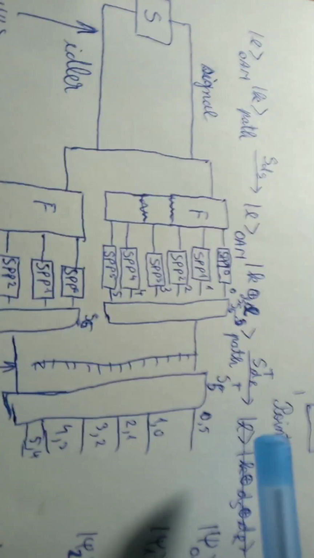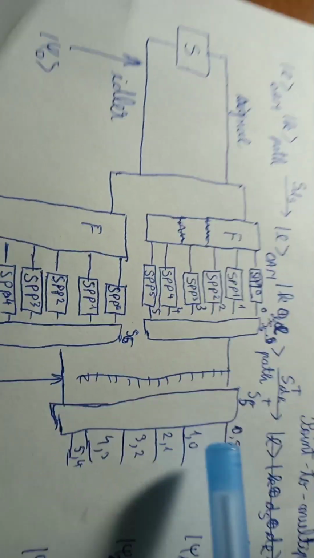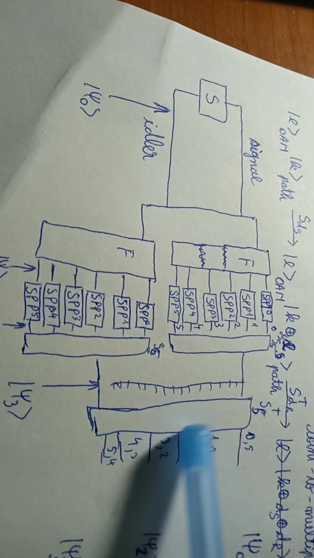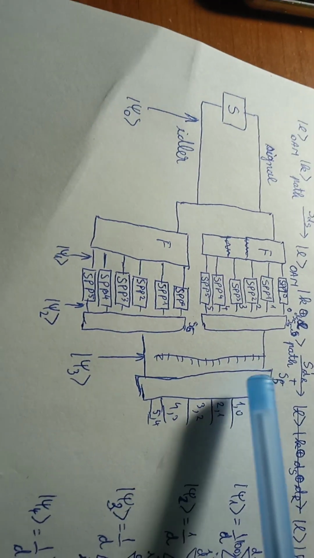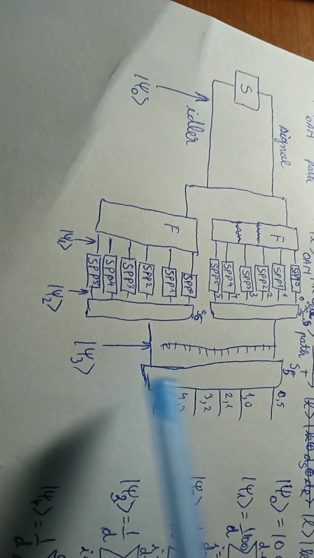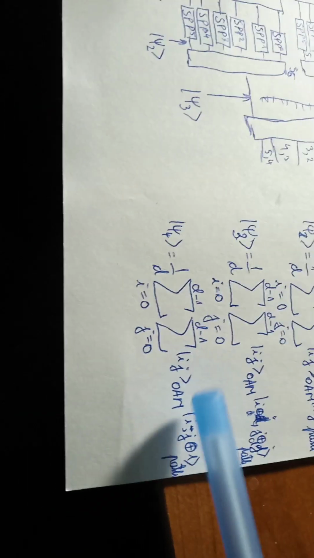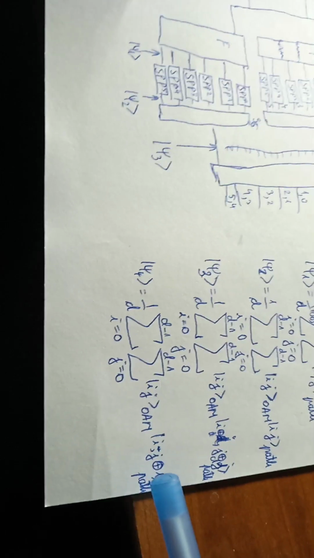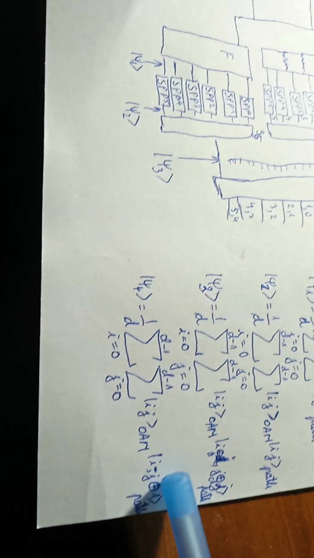And then both photons will be multiplexed into one single channel, and by that I mean one single sorter. Each photon will pass through one single sorter, and the final state will look like this, where here the +1